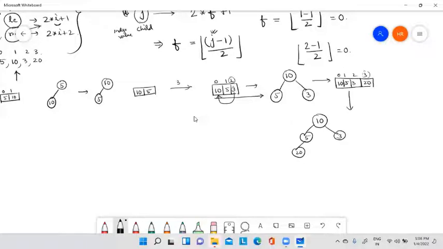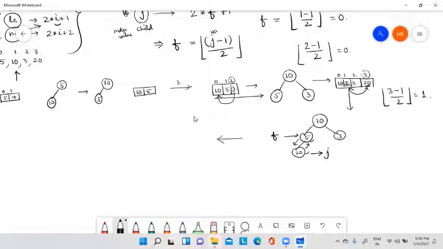Now from this, what is the new child index value? 3. So I will put 3 minus 1 divided by 2, floor value. So what is the value? It gives you 1. So who is the father of 20? The father of 20 is 5. See from the picture, this is the father. So these two will be compared, and if not satisfying, they will be interchanged. After interchanging, what is happening? See, this is again interesting. This is my new index value j, and this is my calculated father index value.